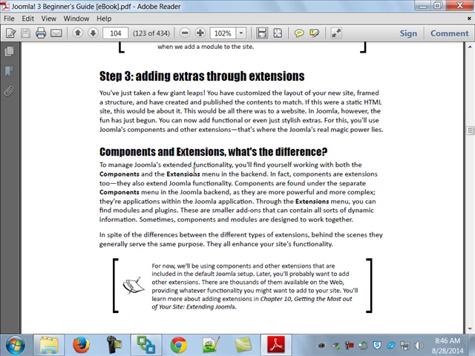All right, then finally step 3. In the first step, we got rid of the stuff that was in our existing layout. In our second step, we started to add some categories, and we put articles in those categories. In step 3 right here, starting on page 104, and there's just a few more pages,